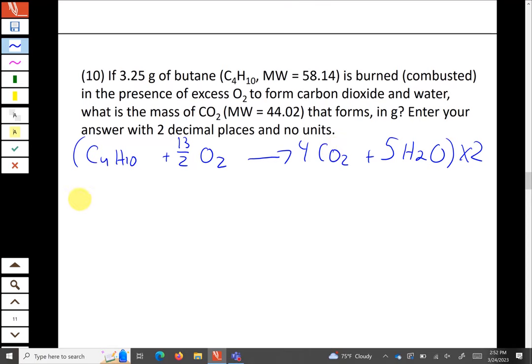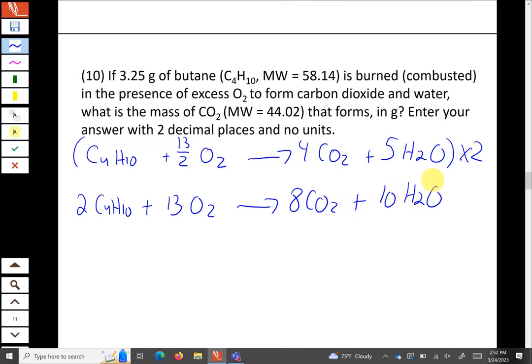So instead it's going to be 2C4H10. When we double the 13 over 2, it just becomes 13. And then on the product side, 4 doubles to 8, and 5 doubles to 10. So that would be the form of the equation that's balanced without fractions. Either one is totally fine for this problem. So from there, we can go forward and